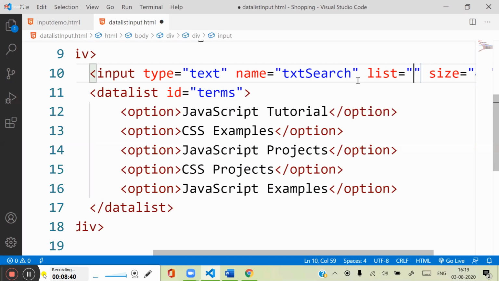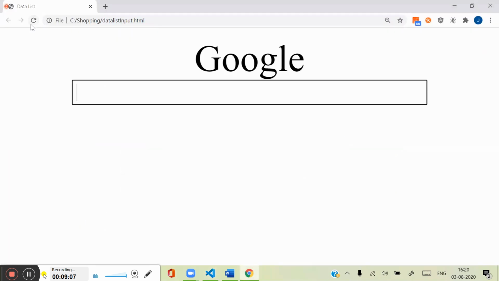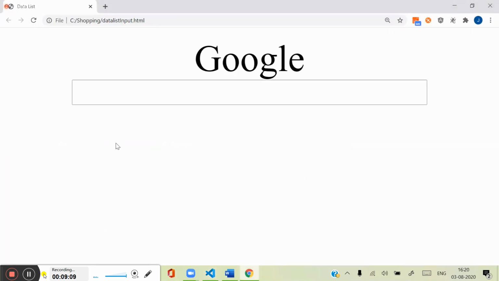List refers to a data list ID. Here the data list is terms. Terms is the data list ID. And I'm just giving as terms. Okay, save. And once you refresh this, you can see that now a data list is attached to the text